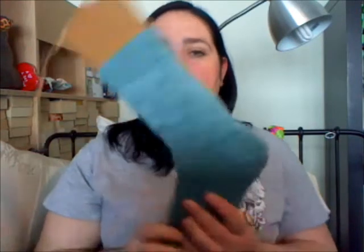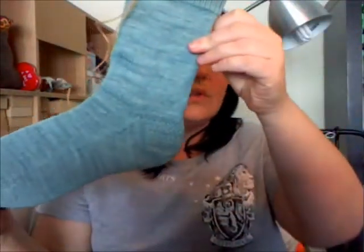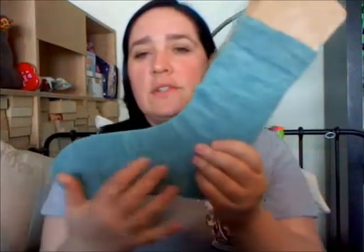So the second pair of socks were the Blackberry socks by Karen Koopman, and I used some sock yarn that I had bought last year from Donna Maria, her hand painted sock, which was, we were told to use a solid, semi-solid sock, and then we had to have contrasting yarn for the patterning. So I'm just going to show you the sock, what it looks like,